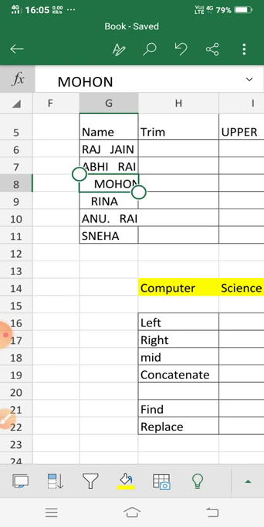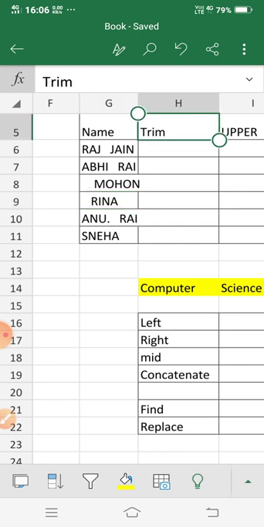So the names are not written properly. Trim is a text function that will give you the proper output. One more thing: space is also taken as a character, so it will also be counted as a character.